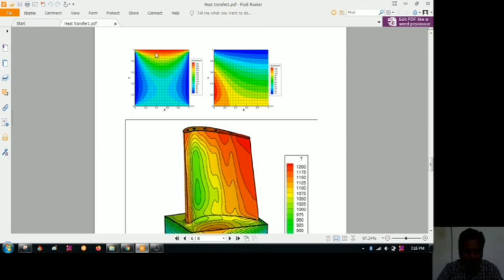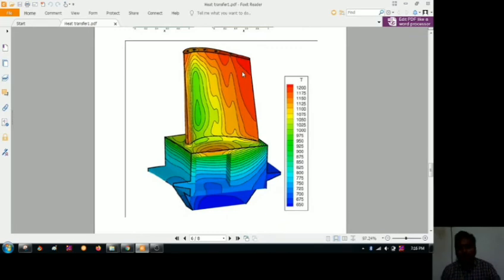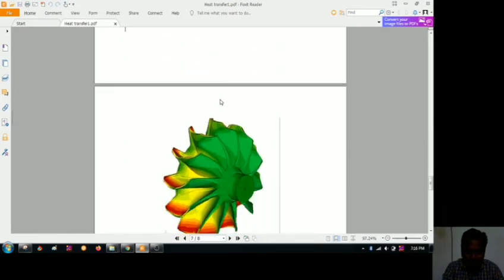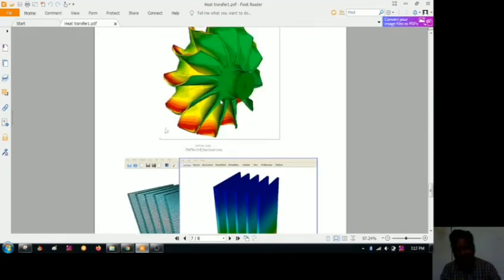So maybe this will be the heat source point, and transfer of heat is taking place. And in this one more example, you can see that the heat source is here. So how is the heat transfer occurring? Coming back to the aerospace applications, you can see here the range of temperature, that is probably in terms of Celsius. So that is the temperature distribution in the turbine blades, and the impeller also, and various applications are there in this topic.